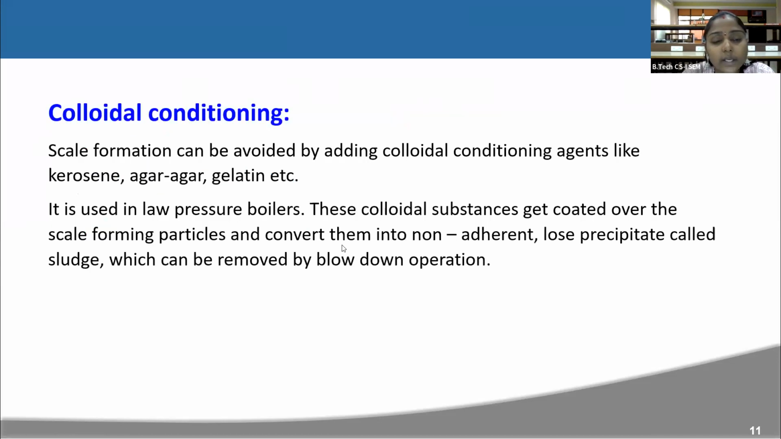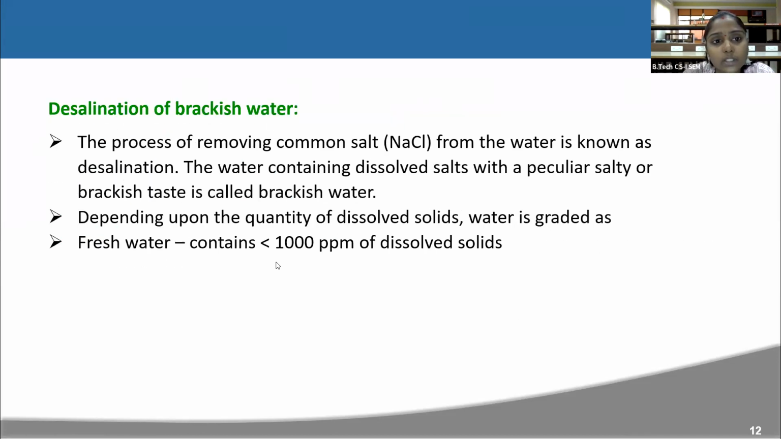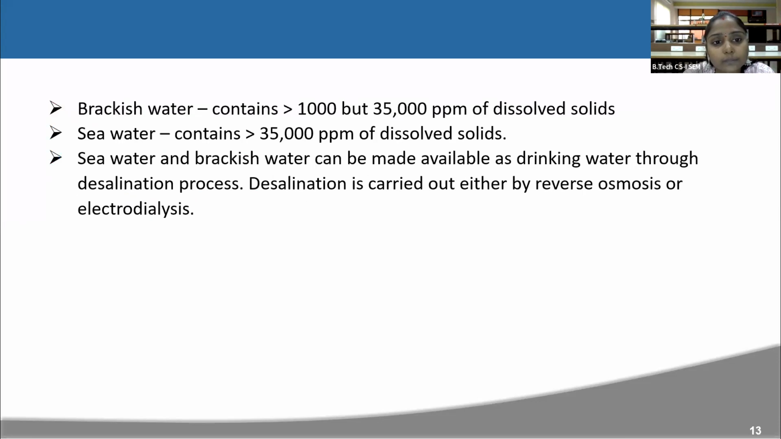And the next one is colloidal conditioning. The last one is for brackish water. Okay, so all